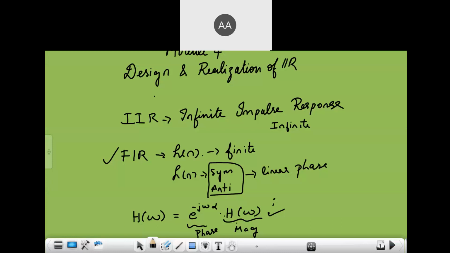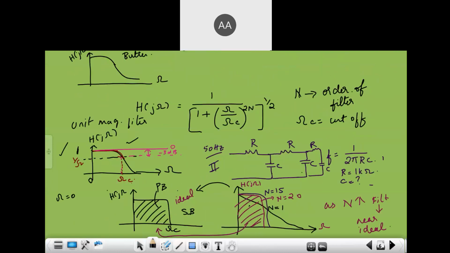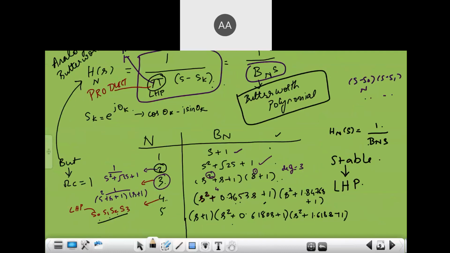So we will find out the order of the filter now. In the previous classes, we have seen all these things. We have seen how to find the Butterworth filter, the order of the Butterworth filter. Right now, because I do not want to waste time in doing this derivation in the regular class, we'll get more time to solve the problems.